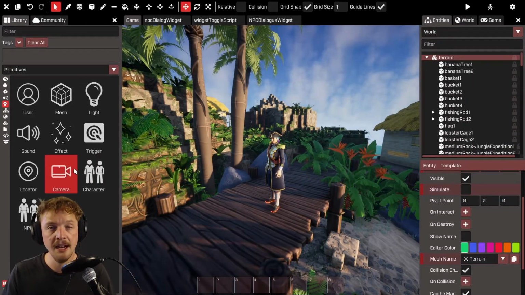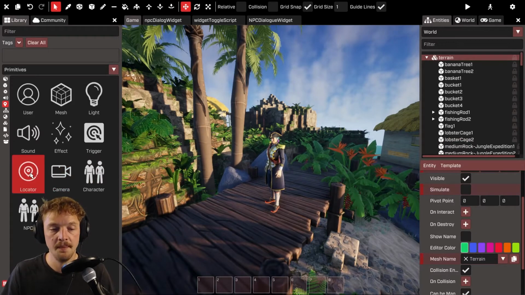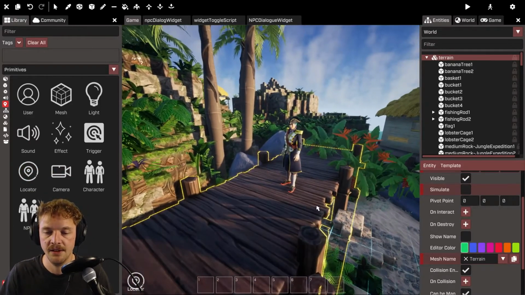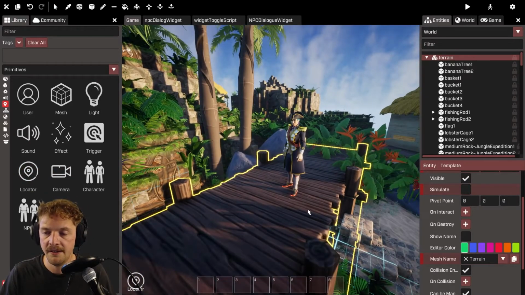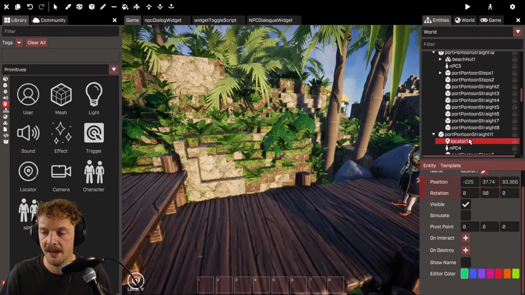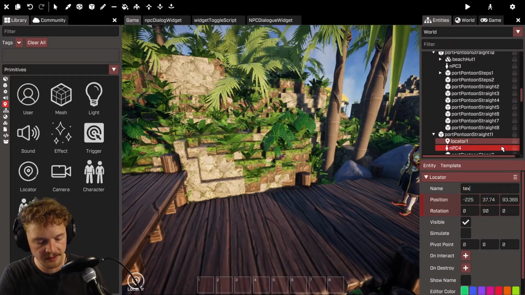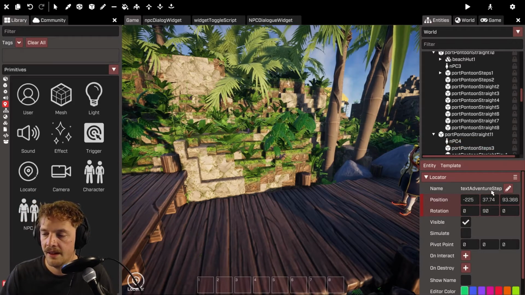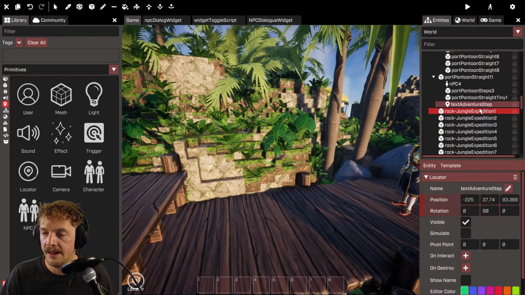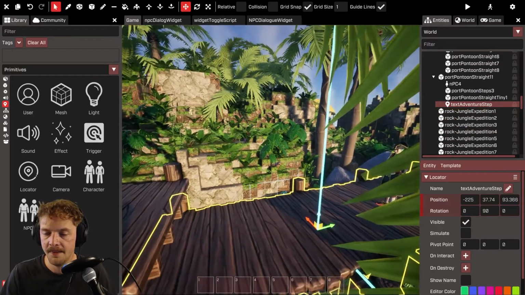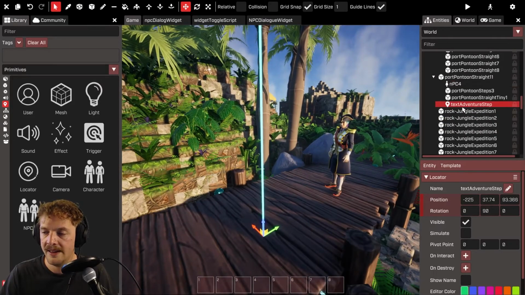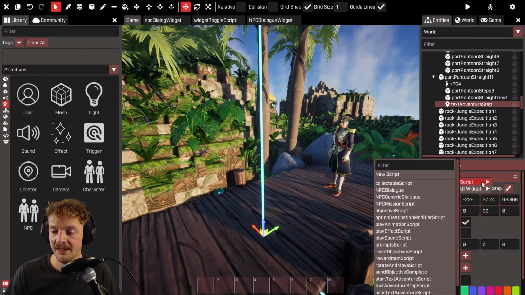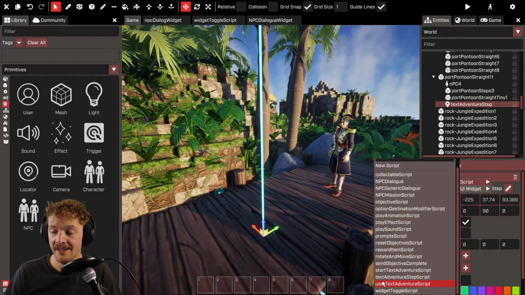Now, the text adventure package uses a slightly different approach to having these conversations. So firstly, I want to add an empty locator to my game world, and I'm going to call this text adventure step. So that's my locator, which you can see there. And with that locator selected, I'm going to add entity, add script,